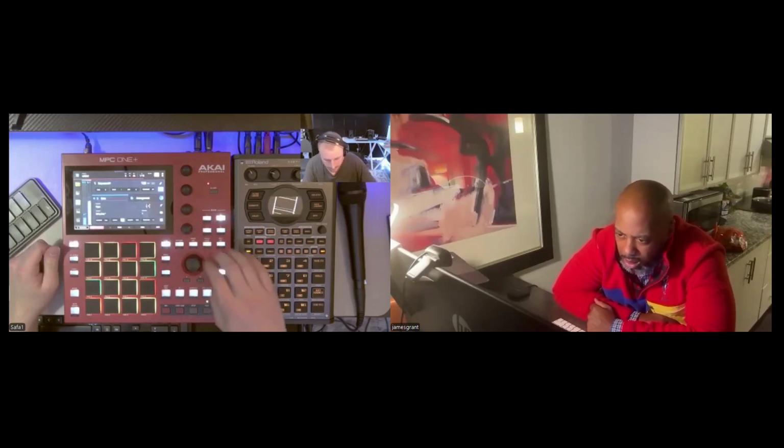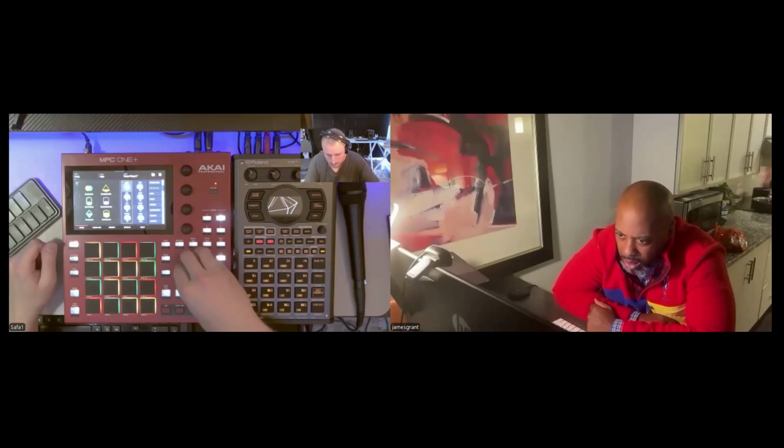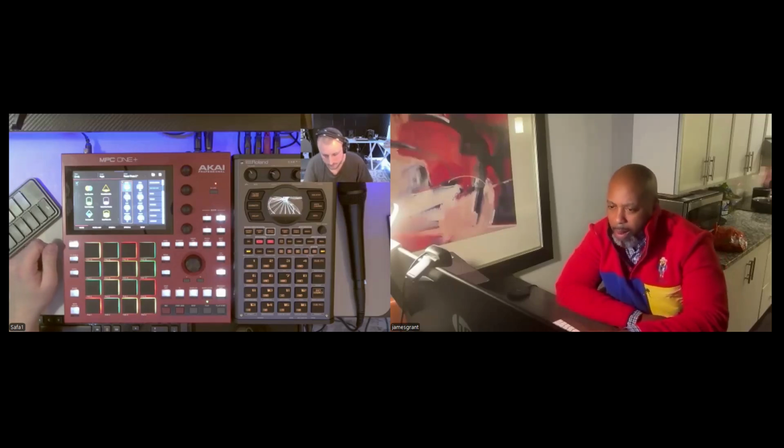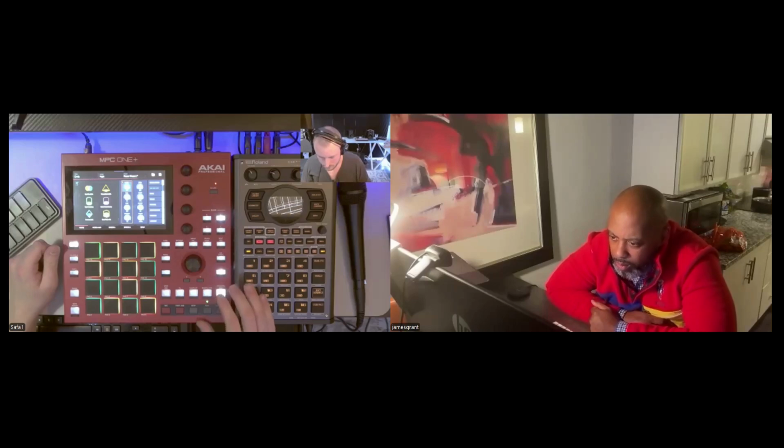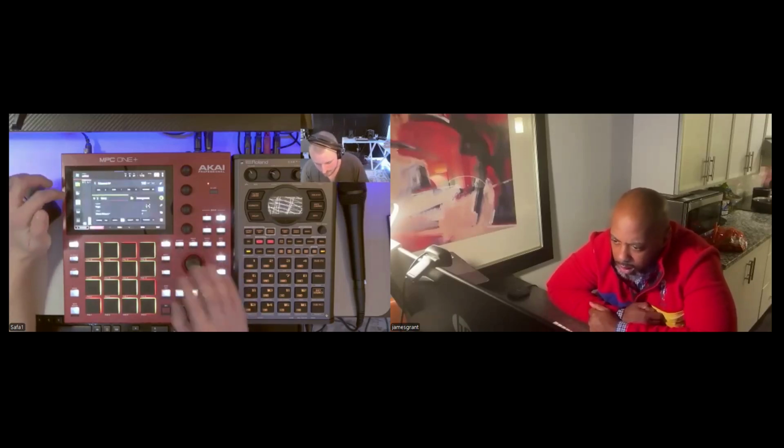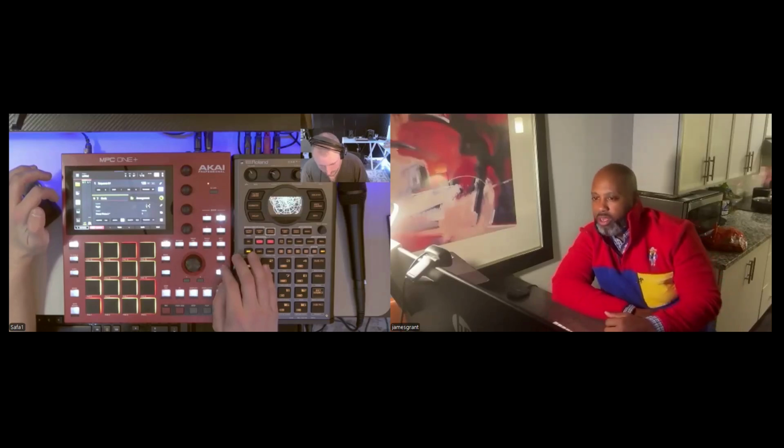And then, for example, I go back to the chords, go to program edit, use the cutoff filter to bring that down, and then bring it in and out depending on, like, for a build up, for example. Okay. Show me how you do the build up.